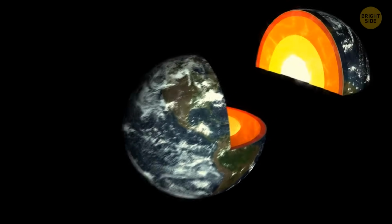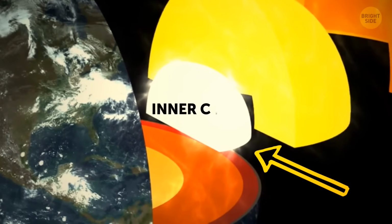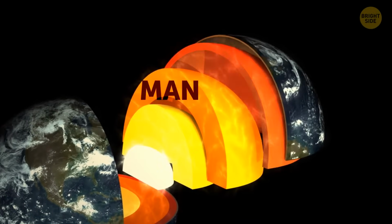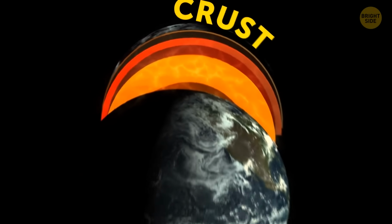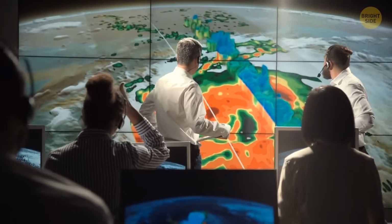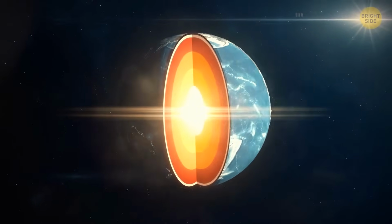The Earth has three main layers: two parts of the core, the dense, hot inner core and the molten outer core. Then comes the mantle. And then follows the thin crust, the surface that supports life as we know it. At least, that's what we thought, because now scientists found a new mysterious layer located deep within the solid inner